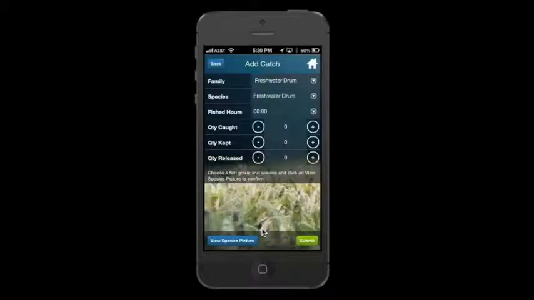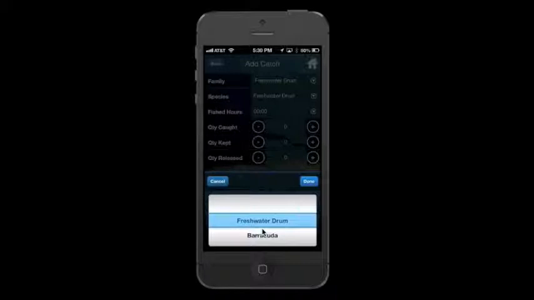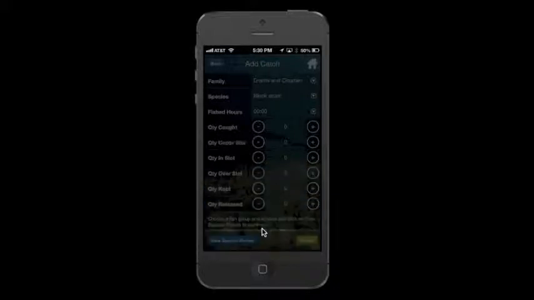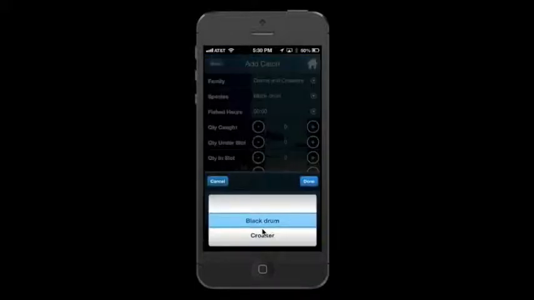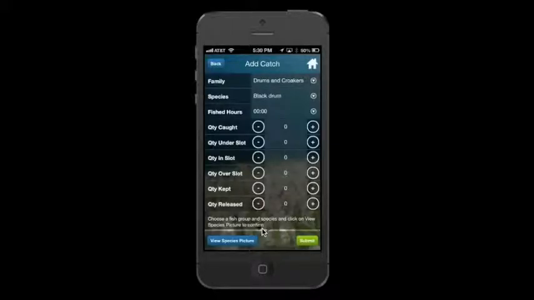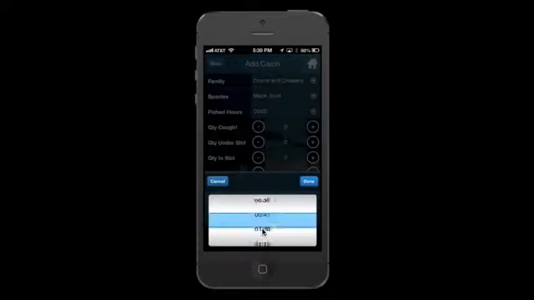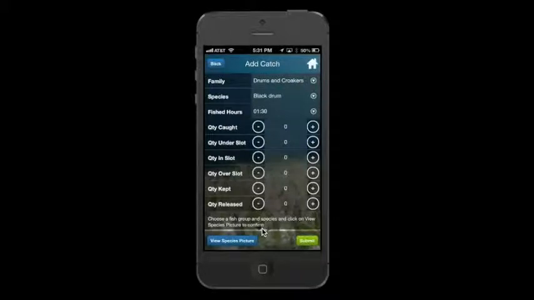After we've recorded the location, we can start recording the catch. Based on the type of fishing trip, whether it's freshwater or saltwater, those are the species that are presented, and I can actually select what we're actually fishing for. If I select drums and croakers, those particular species are actually presented, and I can actually choose options from there on exactly what I caught. I want to specify how many hours I targeted that species during the trip, and then I can record how many I caught,